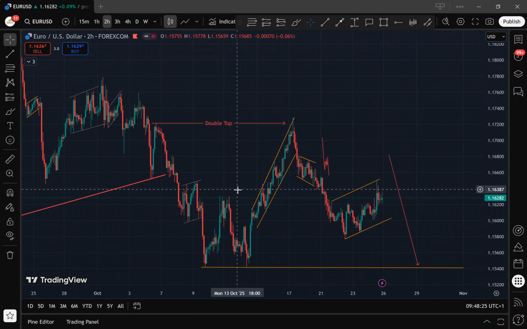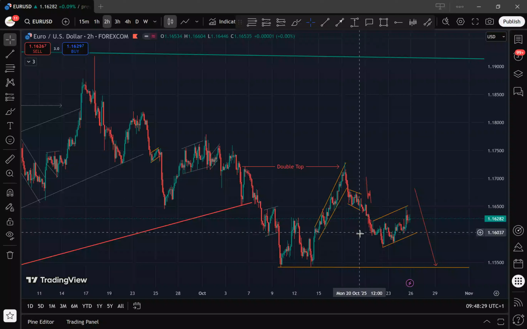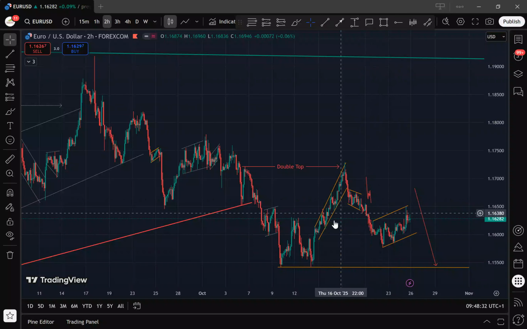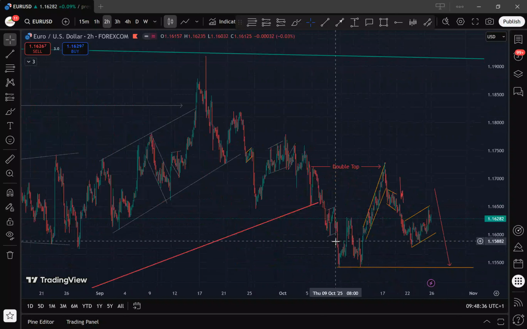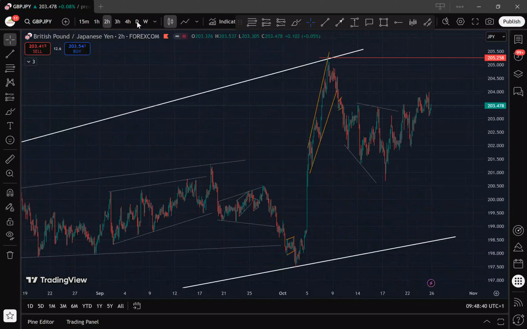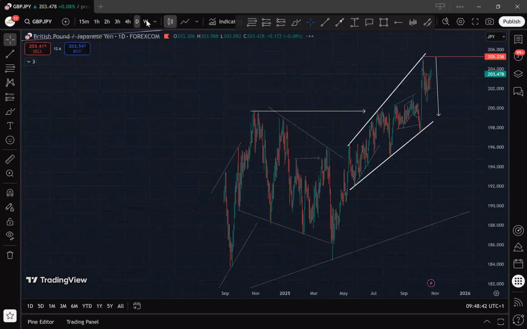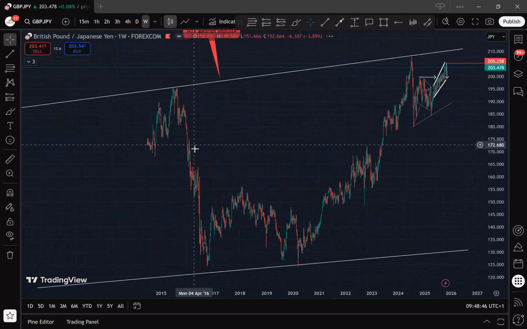So right now the price has dropped. I didn't take this trade. The price has dropped, and it looks like the price will be dropping further to this low. Then we'll see how the market develops further for Euro USD. So pounds, yen, GBP JPY. Okay, GBP JPY. Let's check it out